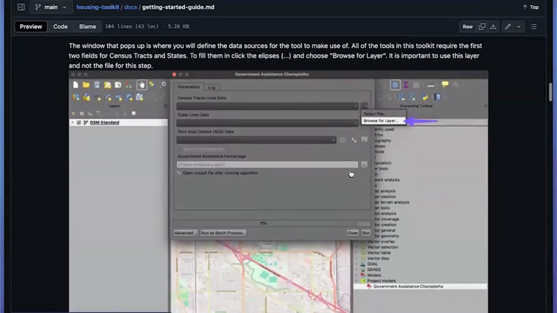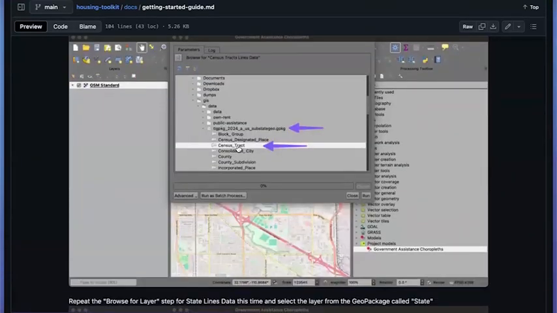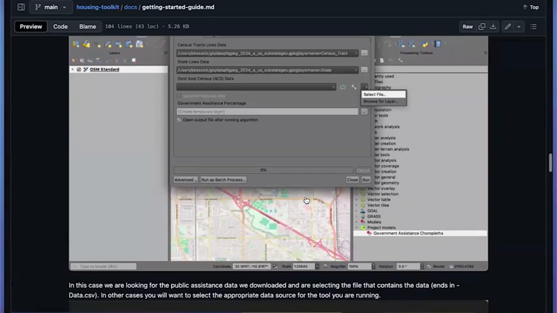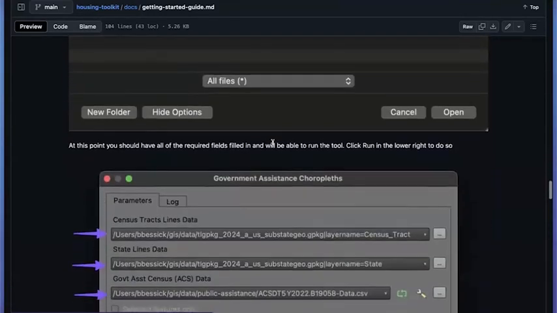And then I walk you through how to fill it out and some of the important distinctions, like that you need to use layers when you're using the GeoPackages, and how to browse for those layers, expand layer out, find which piece you're looking for, and that those steps are the same on all three of the tools that exist. And then there's individual data for each of the tools, and it shows you how to get that,